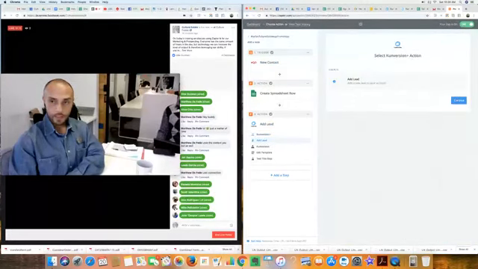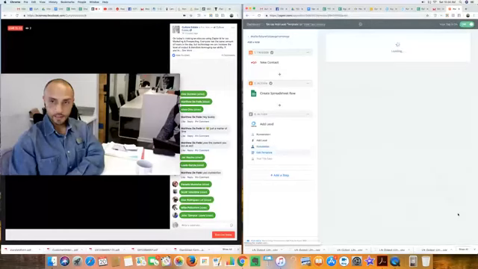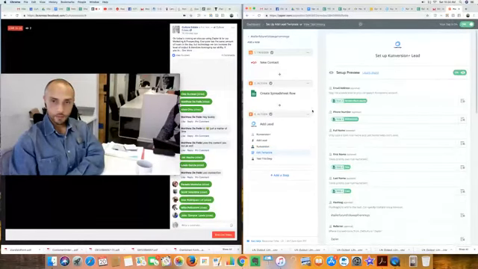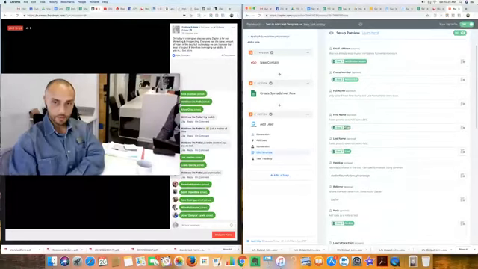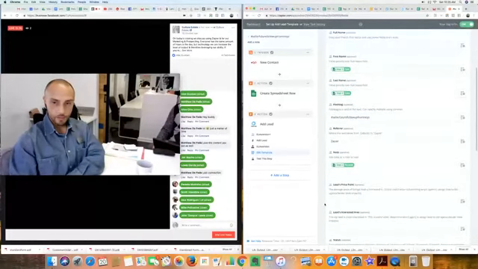Follow the same process as you did last time. Pick the right conversion account you want to use. You can test it. Continue. And now what you can do here is map it out. I'm not going to bore you guys to death like we did on the last one, but you're going to map out the email address, the phone number, and the first and last name. You're going to want to map out a note, if you want to use